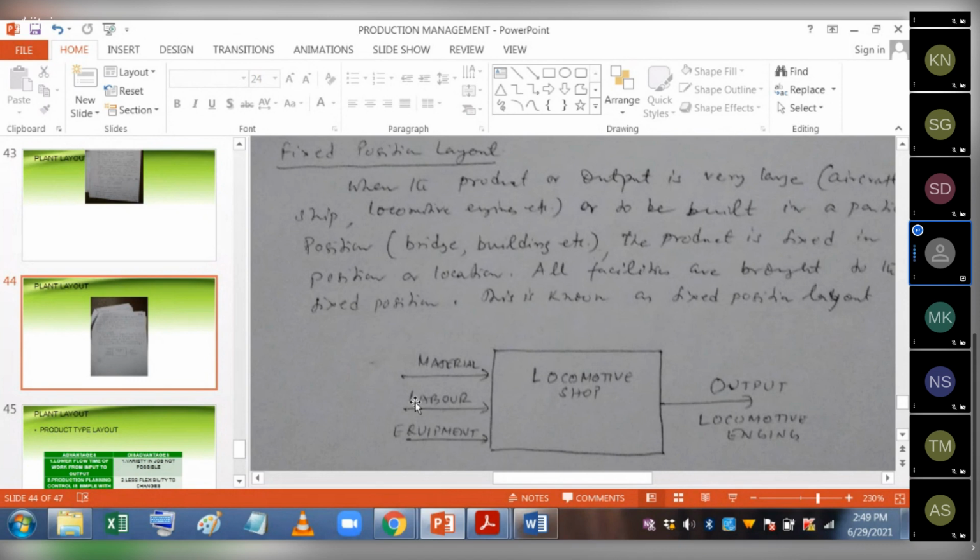জিনিসটা পুরো ক্লিয়ার হয়েছে? আমি ফার্স্টে ছবির মতো জিনিসটাকে ক্লিয়ার করতে চাই। এই তিন ধরনের লেআউট মেনলি, প্রোডাক্ট টাইপ লেআউট, প্রসেস টাইপ লেআউট এন্ড ফিক্সড পজিশন লেআউট, এই তিনটে ছবির মতো পরিষ্কার হয়েছে কিনা আমি এটা জানতে চাই। তারপরে তার কম্পারিজন, কস্ট, সমস্ত সব আলোচনা হবে। কারণ লেআউট ইজ এ ভেরি ইম্পর্টেন্ট চ্যাপ্টার।